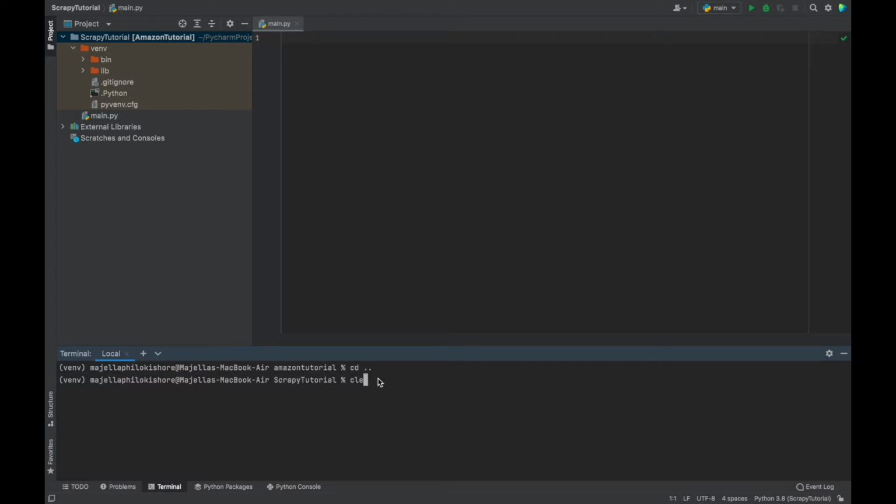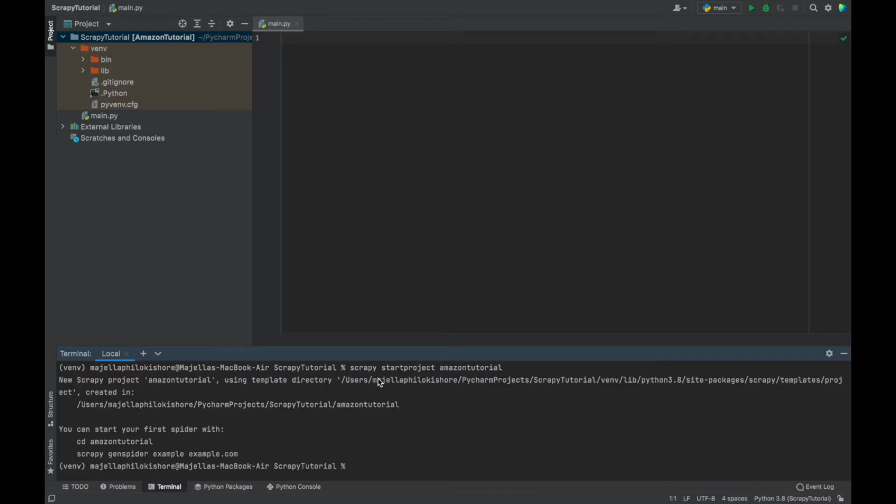Say in the Scrapy tutorial folder, I go to the main folder. Now I will clear the screen. Now you need to create a new project. The command for it is scrapy startproject, and then you give your desired name. I'll give it as amazon_tutorial, and now you can see it runs inside the virtual environment, and it is created at the above given path inside PycharmProjects. And now if you refresh and see, there is the subfolder created along with all the Scrapy files. Now we need to change directory into the amazon_tutorial folder,